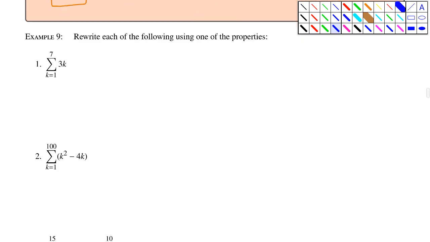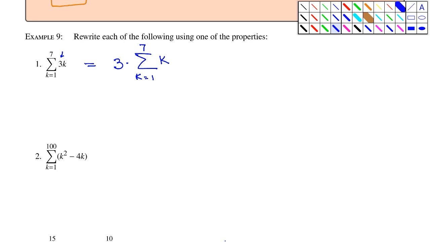Let's look at some examples. Example number 9. Rewrite each of the following using one of the properties. So the first one is the sum as k goes from 1 to 7 of 3k. So this would be a constant multiplier here, 3. So we bring the 3 out in front, and we multiply that by the sum as k goes from 1 to 7 of k. And we won't work this out, but that's just how you would rewrite it using that property,